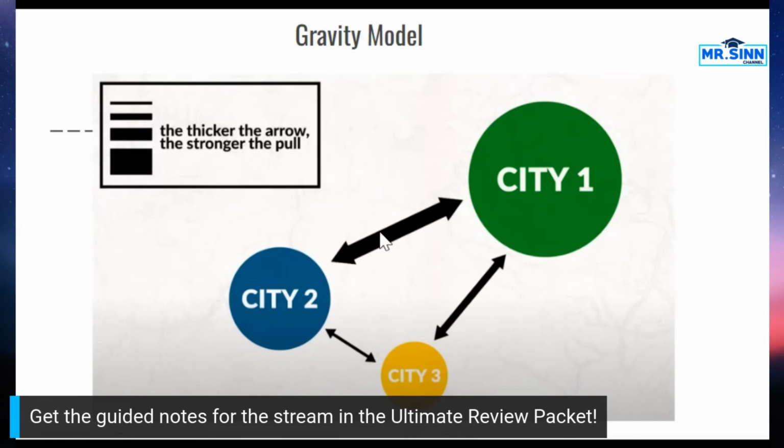So even if city 1 and city 2 here are farther away, they actually have a stronger pull factor. More people are going to be motivated to go back and forth here because there's more opportunities compared to city 2 and 3. Even though they're closer, there's less opportunities there, so people aren't as interested in connecting. So understand that this can impact how cities are developing and the interactions that occur. Those world cities, those primate cities, are going to have a lot of pull factors.